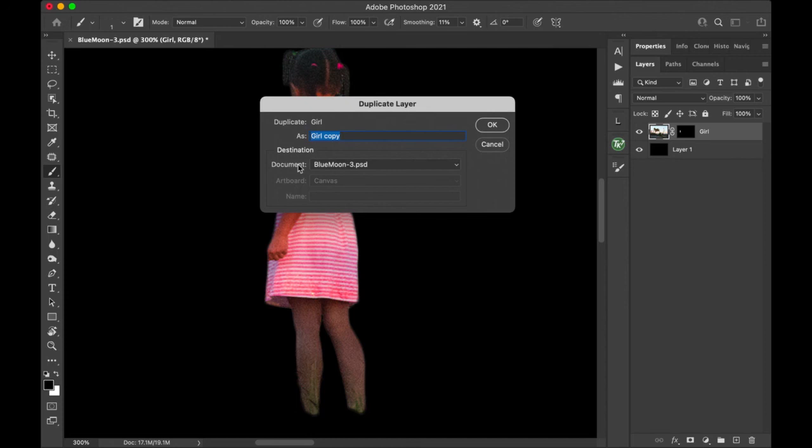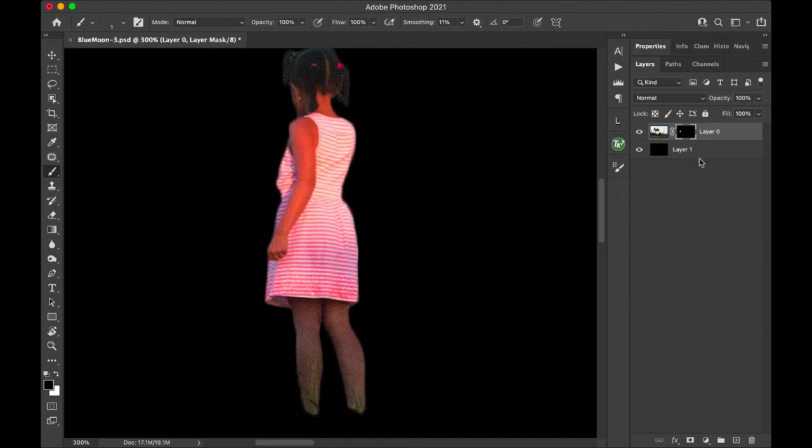Okay, so that's how we make this really fine mask of a non-trivial subject here, the girl watching the full moon. Okay, hope that made sense to you, and thanks to the newer Photoshop content-aware selection tools for making that process much easier than it would have been, let's say, 5 or 6 years ago. Okay, give it a try,